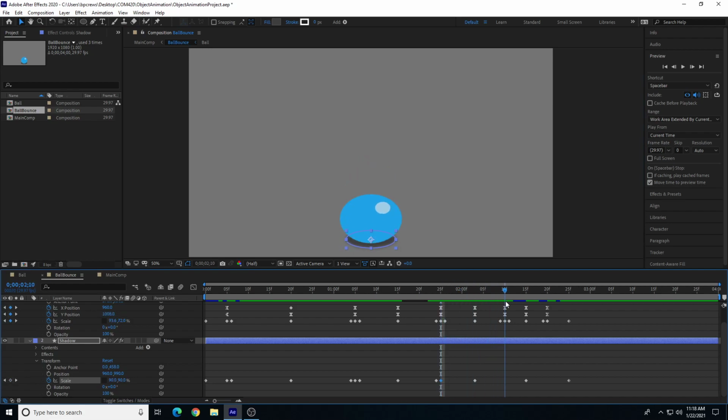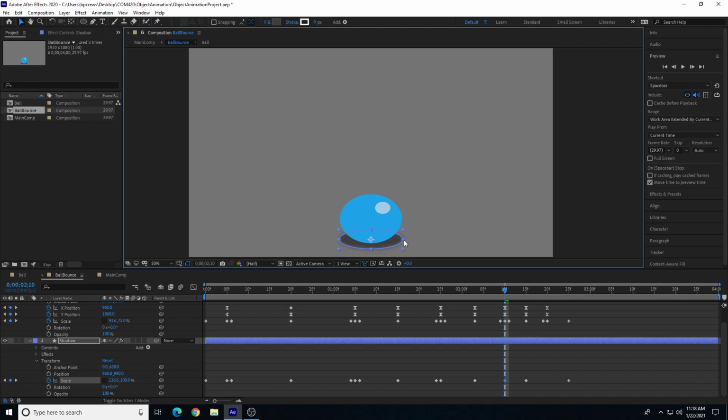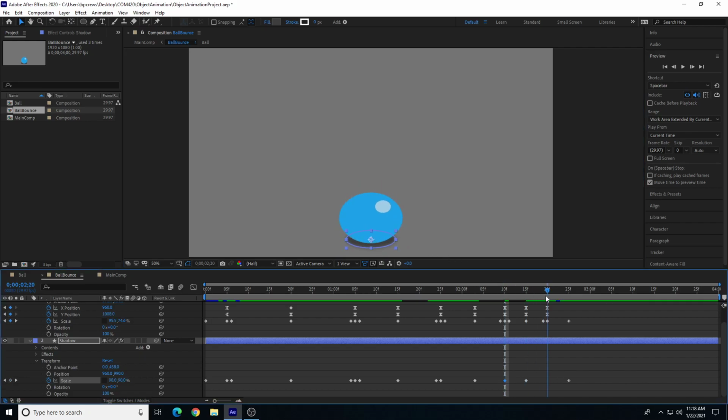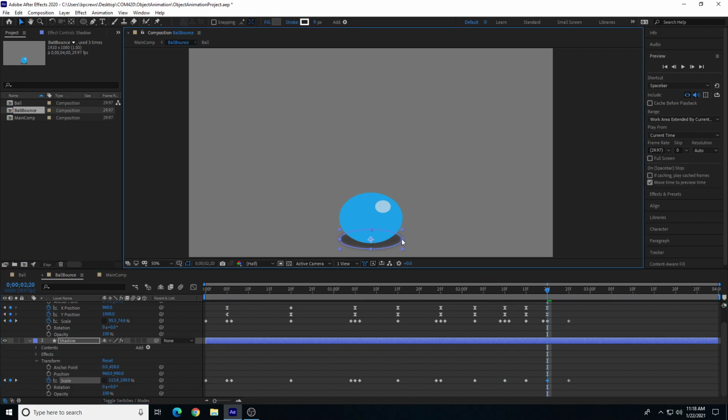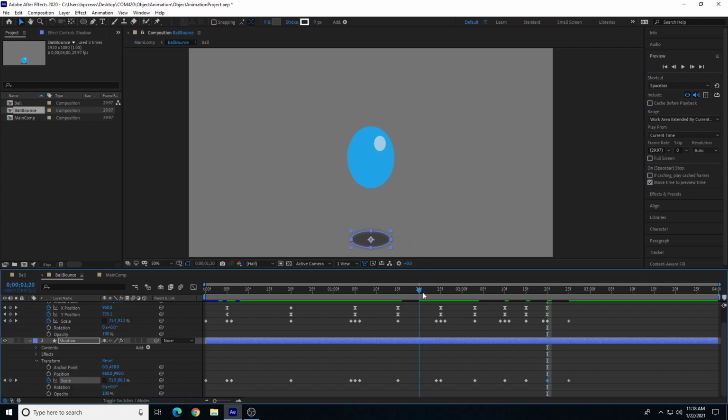And maybe the next time the ball's on the ground, we can do that as well, and then we'll come adjust the stretching as well. So there's the next time the ball's on the ground. We'll do that, and we'll scale it in a little bit more again. This is the next time, so we'll Control V to paste, and scale that in as well. And now we just need to make our adjustments for the final